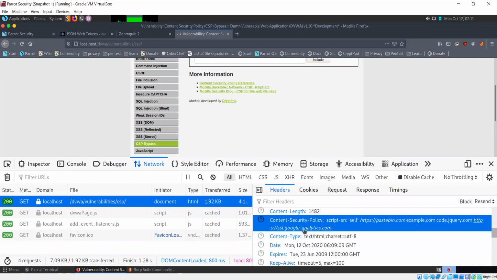So these are all the different sources from where scripts can be loaded onto this website. If we were talking about images, we would see the value known as img-src. So that means that this page is allowed to load scripts from these different sources.